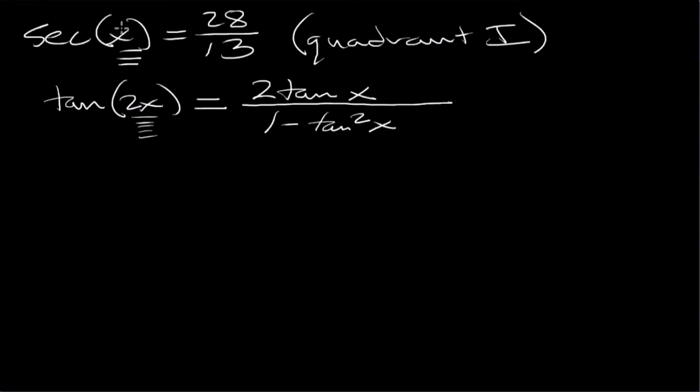Now we have angles that match. So we have an x here, and we have only x's over here as our inputs to the functions. And that's very important. You have to have the same inputs to your trig functions before you start the next step. And the next step then is to actually think about what this means. So if I have secant of x, well, let's remind ourselves, secant of x in terms of a triangle. So if I drew a triangle,